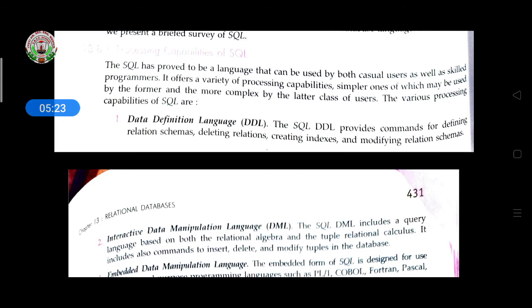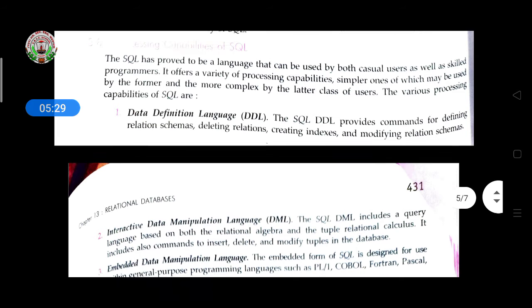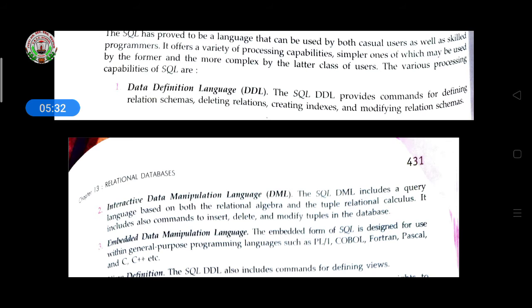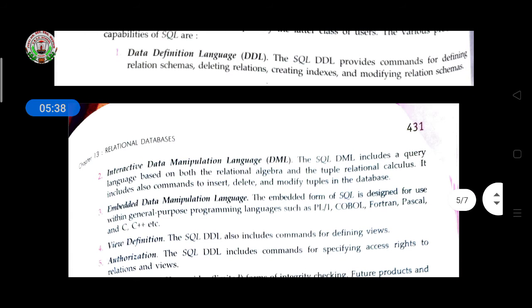The SQL DDL provides commands for defining relation schemas, deleting relations, creating indexes and modifying relation schemas. Here it is defining how to create tables, how to make relations with other tables, how to create indexes, and how to modify them. All this is defined in the data definition language.